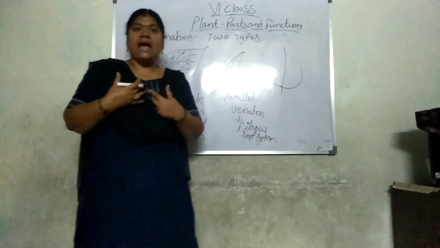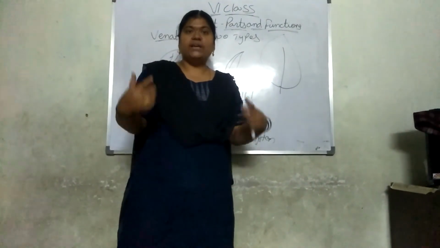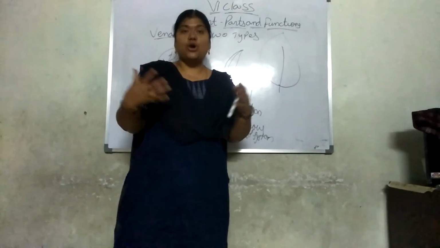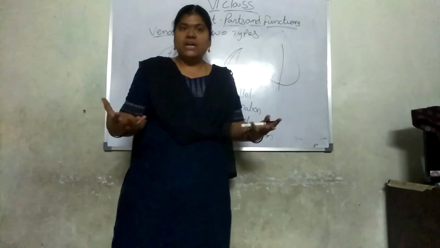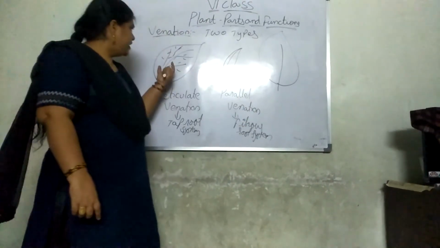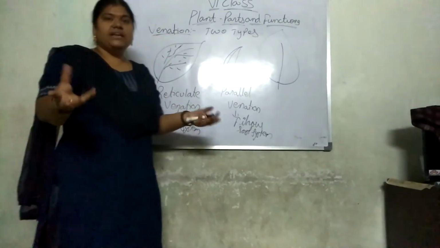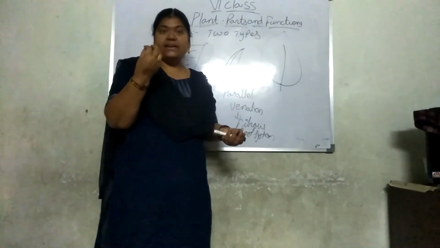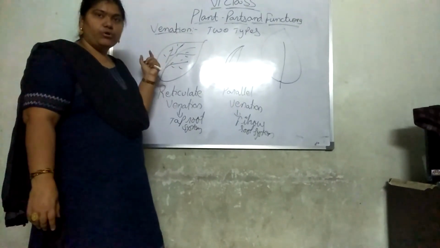For our body, the bones are very important, giving support to our body to stand like this. From top to bottom, the bones are joined together and they give a structure to our body. If the bones are not present, only flesh will be present in our body. In the same way, if veins and veinlets are not present in a leaf, the leaf is also just a green color paste. So these veins and veinlets are supporting the leaf.